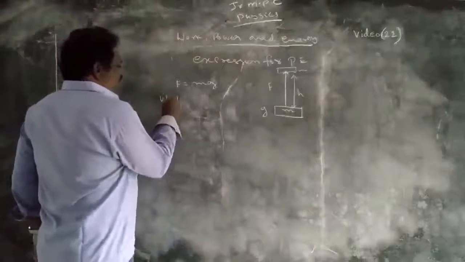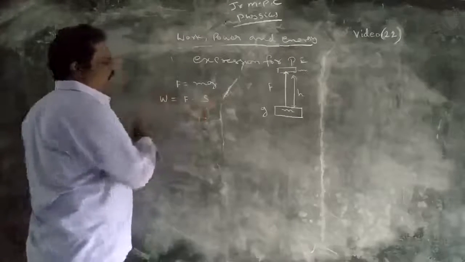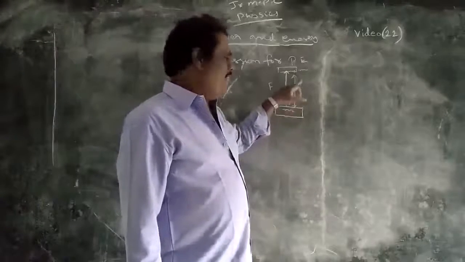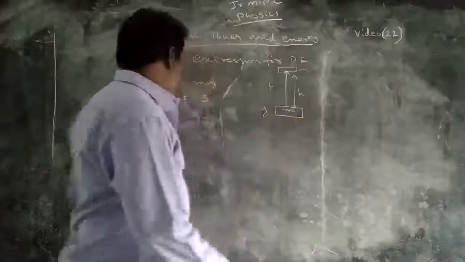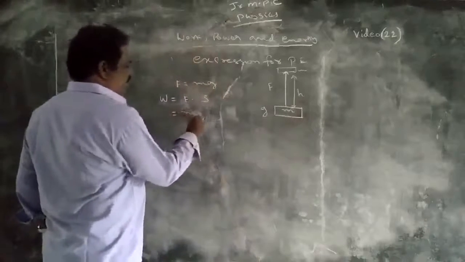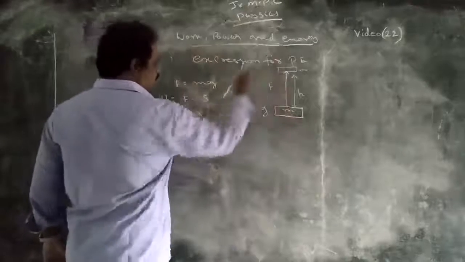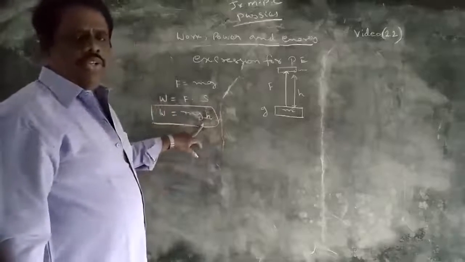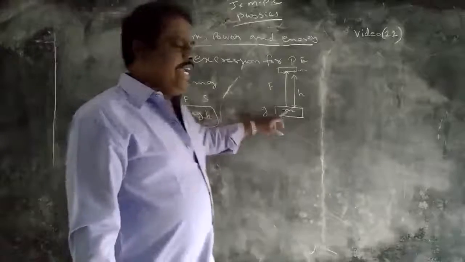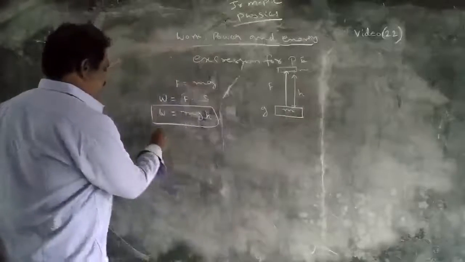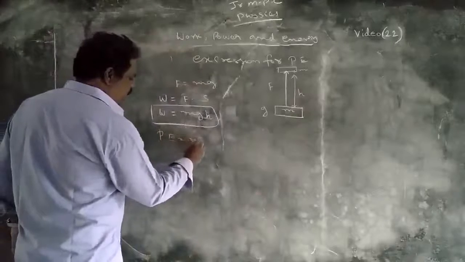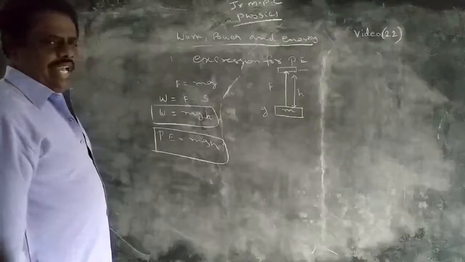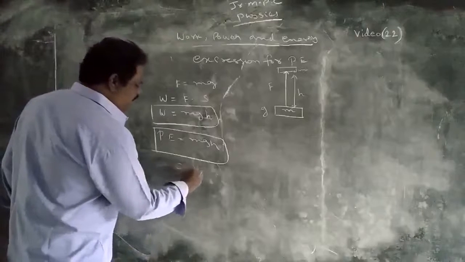Then work done. Work done is nothing but force dot displacement. Here, the displacement from the ground against the gravitational force is denoted with h. So in place of F we write mg, and the vertical displacement is h. So W is equal to mgh. The amount of work done on the body will be stored as potential energy. Therefore, potential energy is equal to mgh. Energy means the unit should always be equal to that of work.